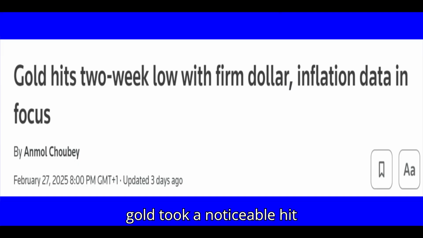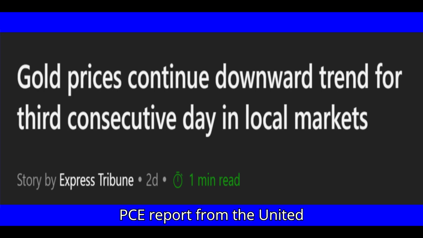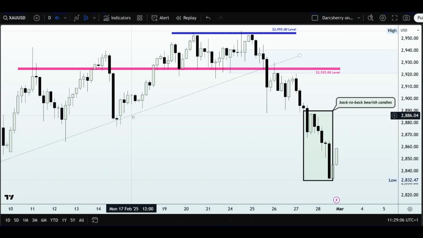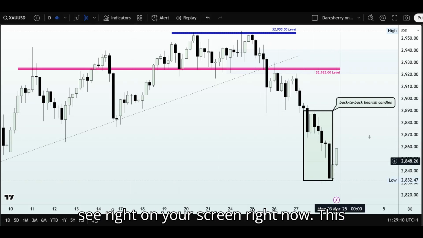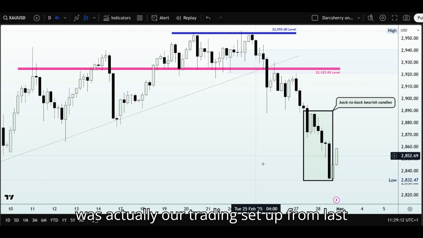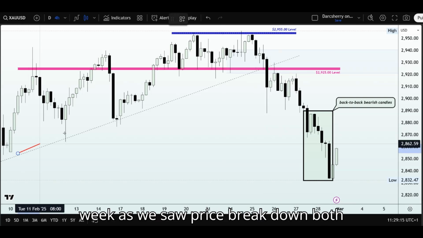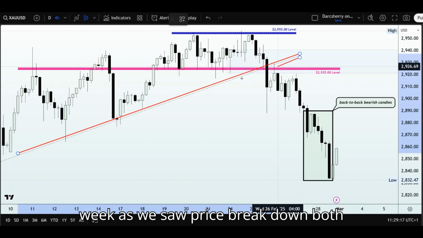Last week, gold took a noticeable hit amidst concerns over US trade policies and a 0.3% uptick in the core PCE report from the United States also stirred up some inflation worries. As the previous week wrapped up, we saw back to back bearish candles, as you will see right on your screen right now. This was actually our trading setup from last week as we saw price break down both the